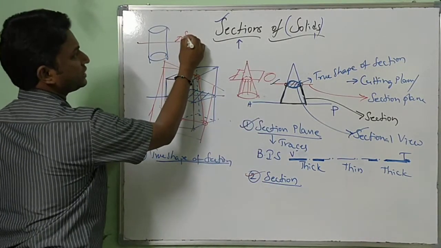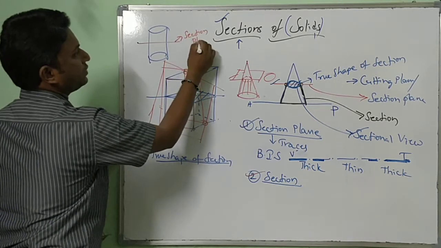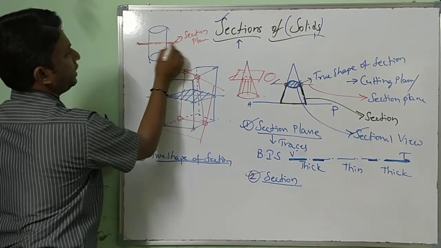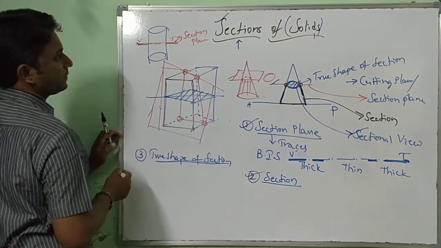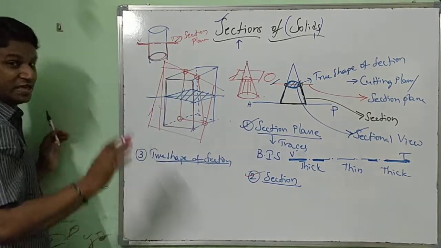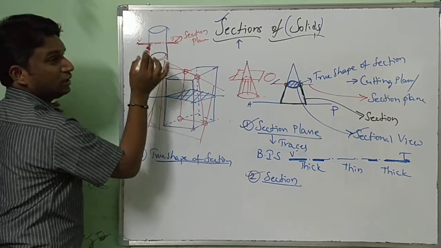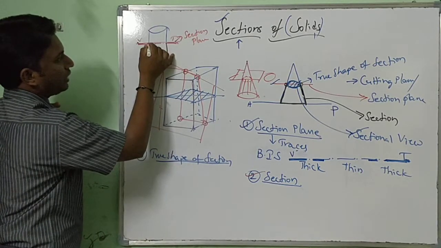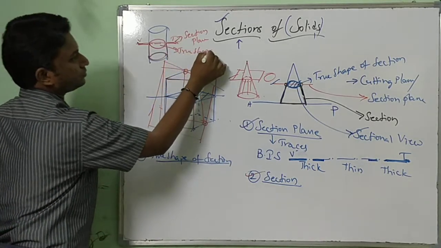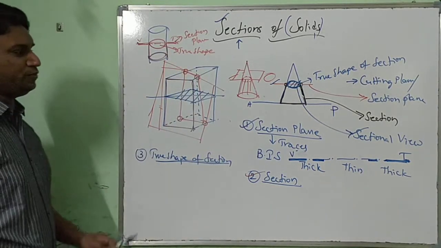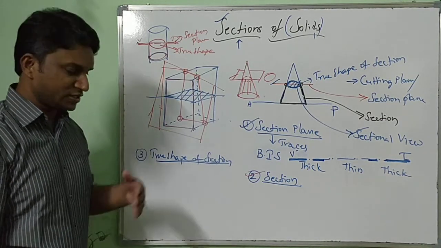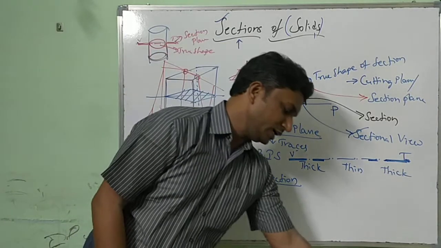This is the section plane, which is important and is to be shown with the help of a line outside, the trace, a vertical trace. Now the bottom portion here is the section. Now here is the sectional true shape. When I have cut here, what shape can I see? This is the true shape. It differs from object to object. When you go and solve the problems, you will understand more and more very easily.